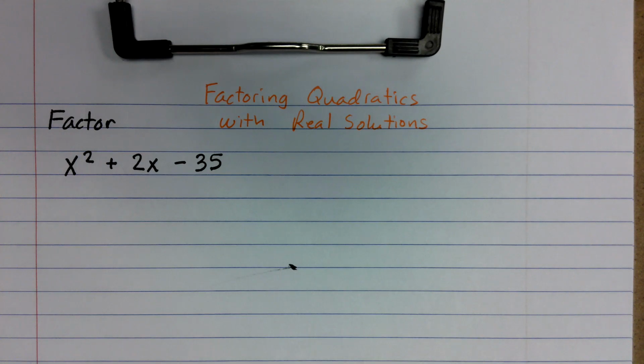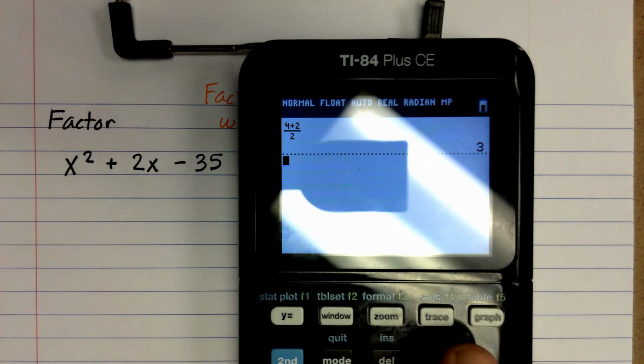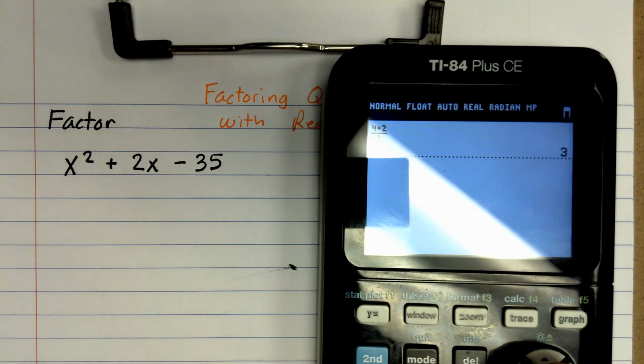In this video, we're going to be factoring a quadratic that has real solutions. And when I say real solutions, I just mean that it crosses the x-axis. In other words, we have x-intercepts. And to demonstrate that, before we even go through and solve this, I'm going to go ahead and just